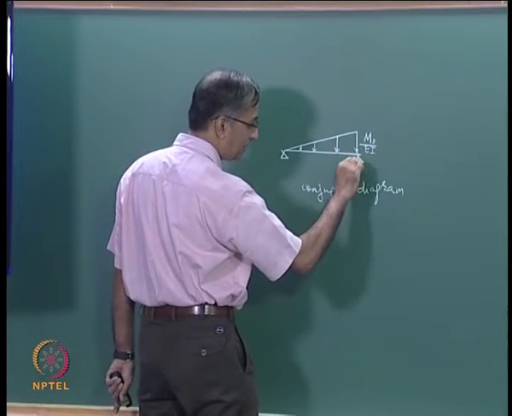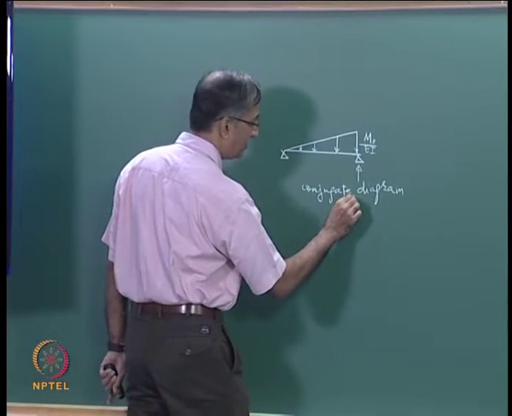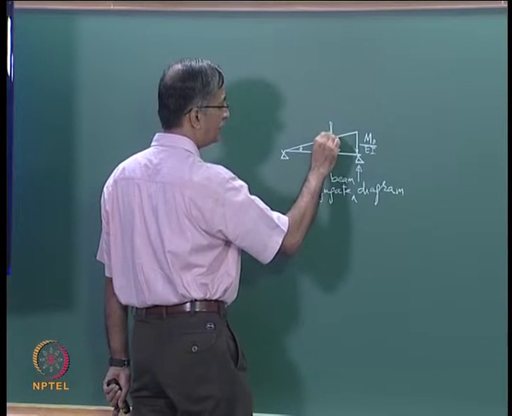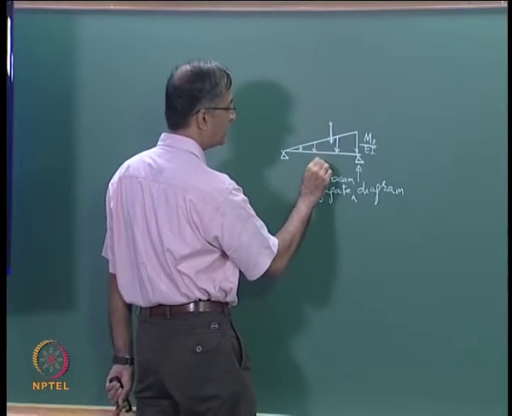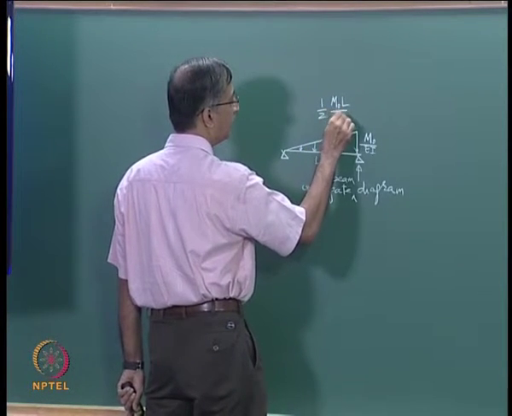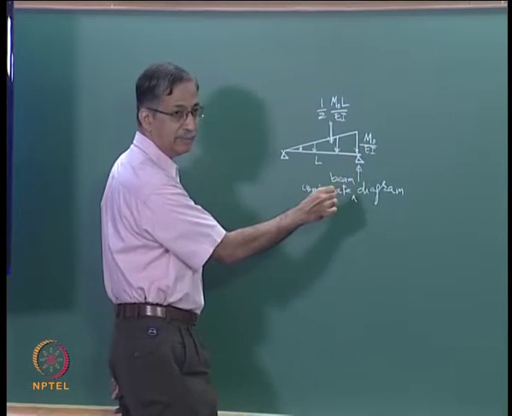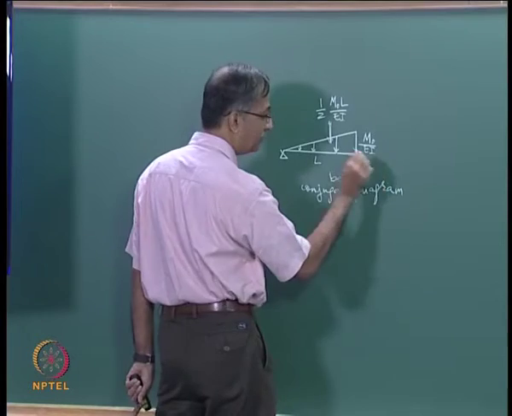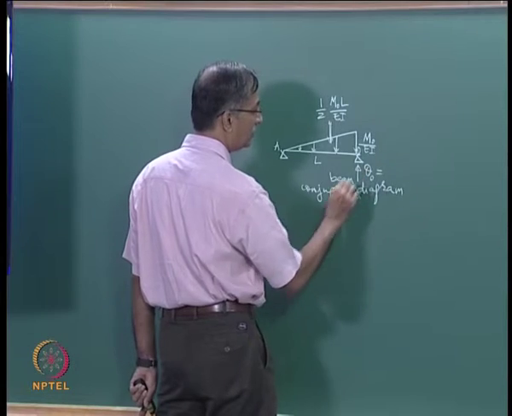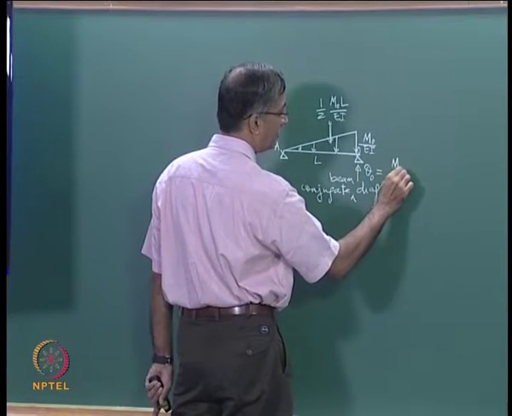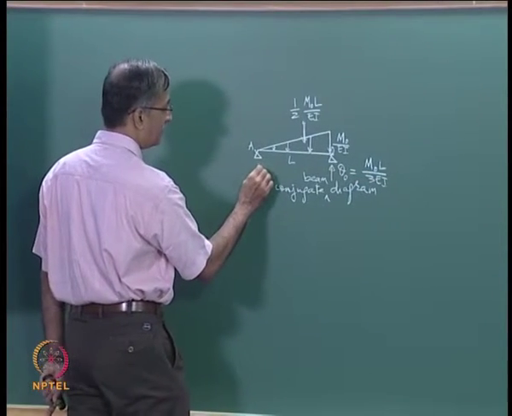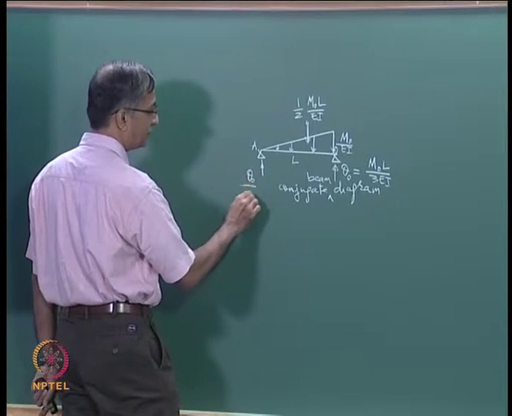Theta is nothing but the reaction you get on this conjugate beam diagram. So what is the total area? If this is L, half m0 L by EI. 2/3 of that goes here. How much? So this is theta. If this was A and O, this is theta at O. What is it equal to? m0 L by 3 EI. And it is enough to know that the reaction you get here will be half that, which is theta naught.